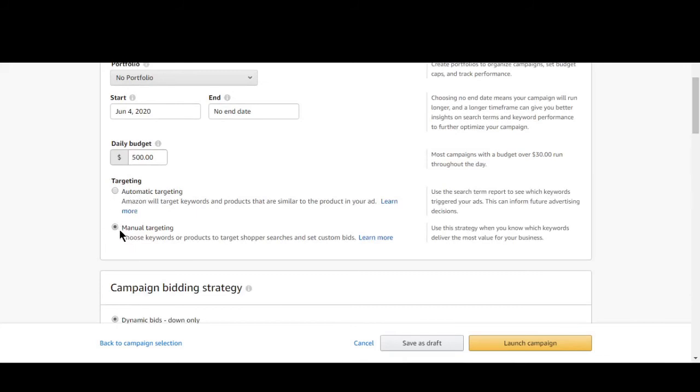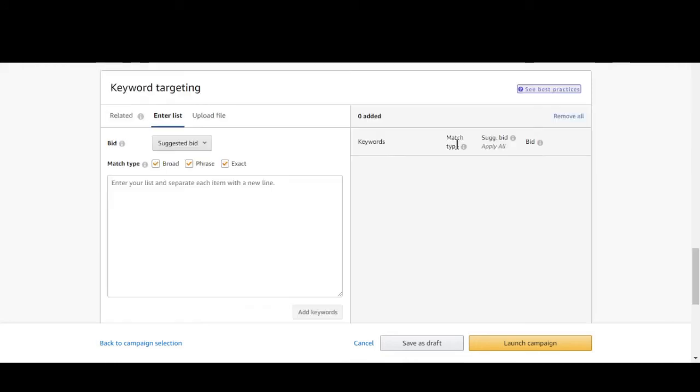Now we will do manual targeting. And guys, as we scroll down, we come to this keyword targeting tab, and what you have to do is put those keywords that we extracted from our advertising report,